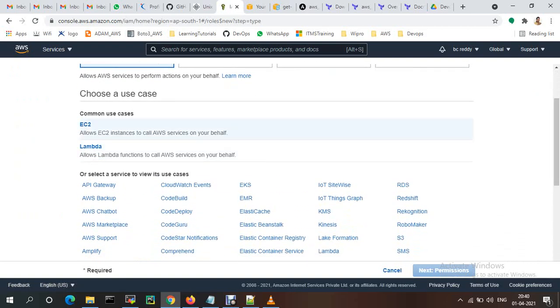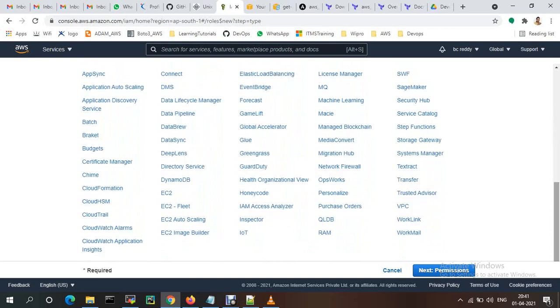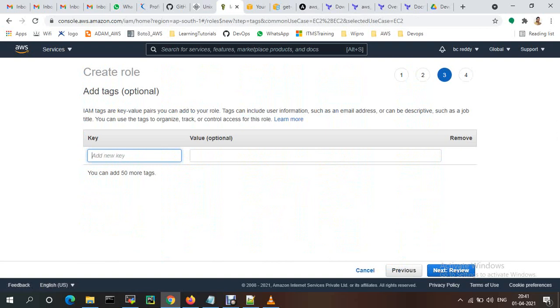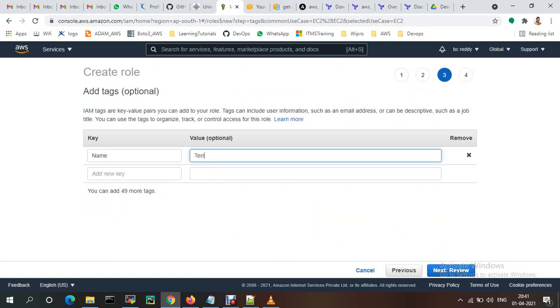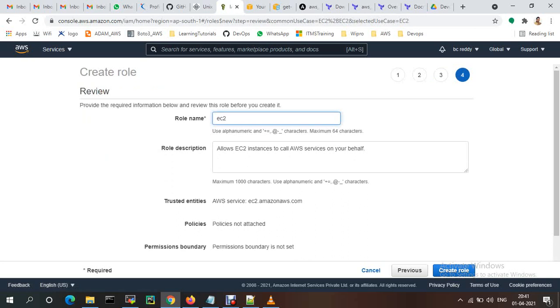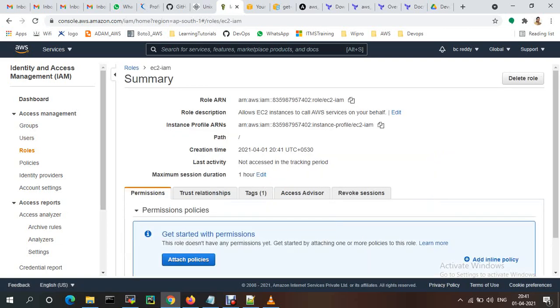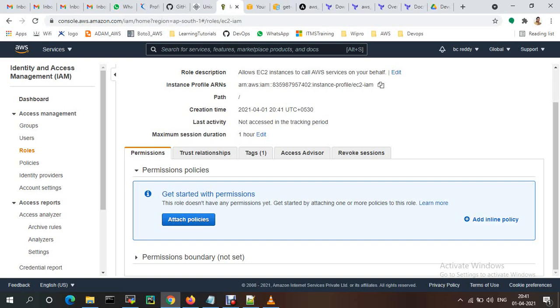AWS services, EC2. Not required, a role.